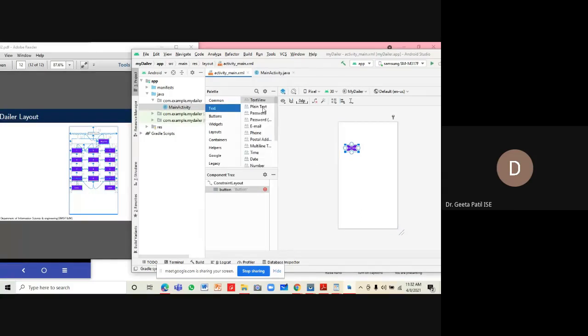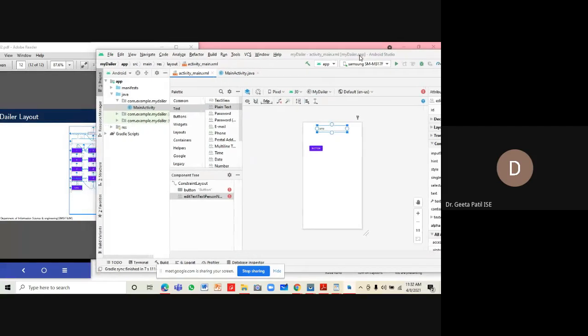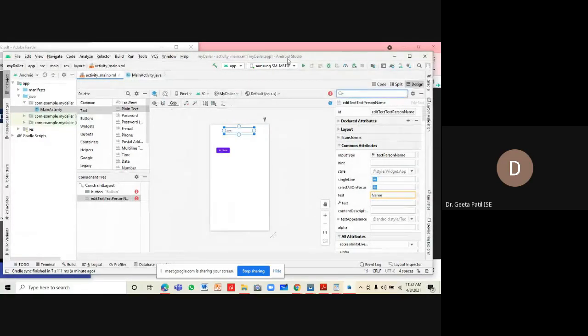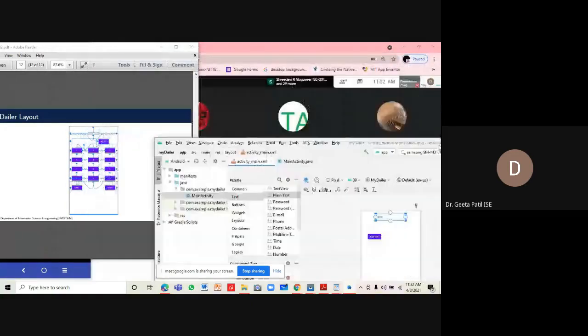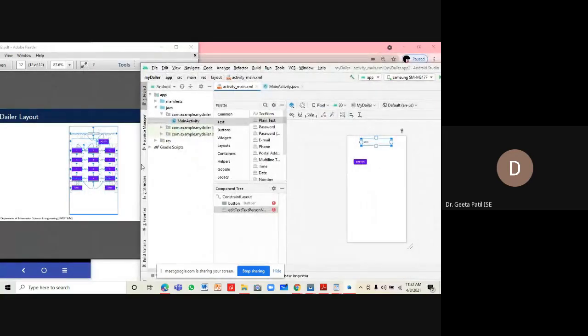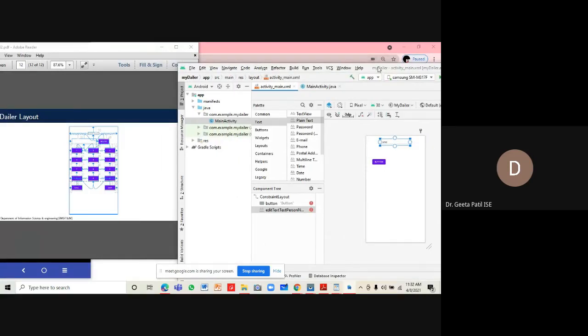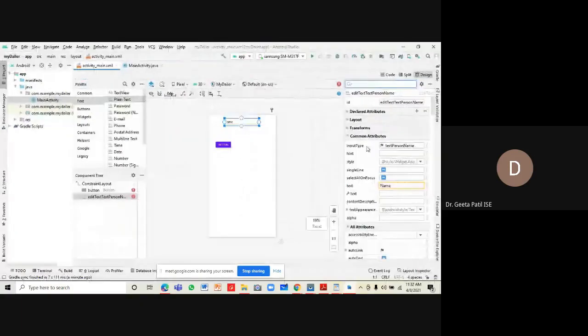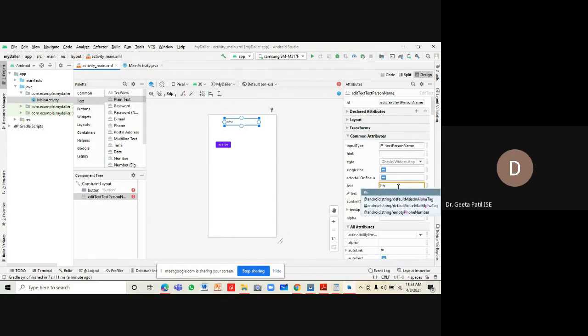Let me take plain text, then search the attributes and change the text field of it. The text of it is phone dialer.